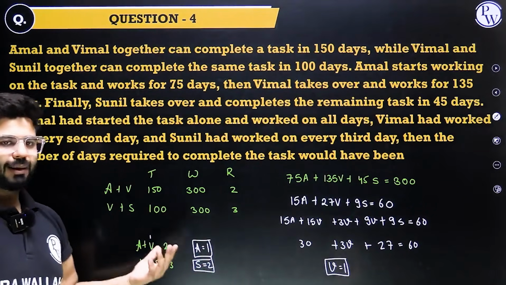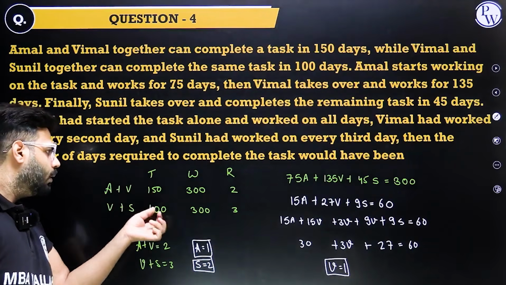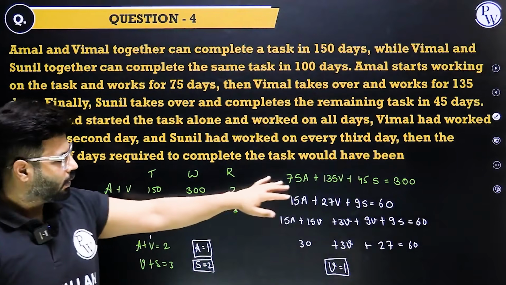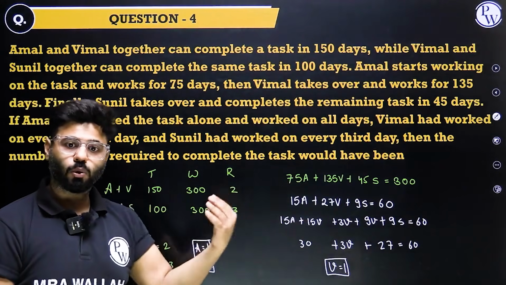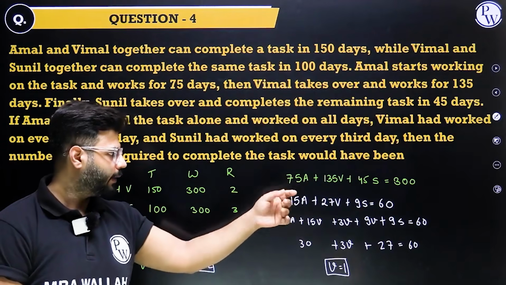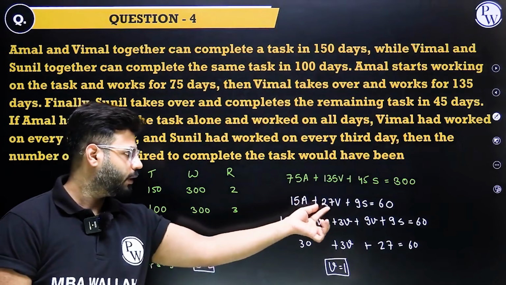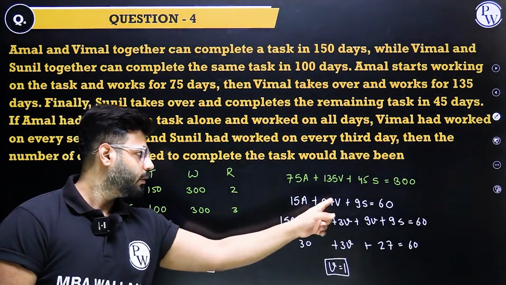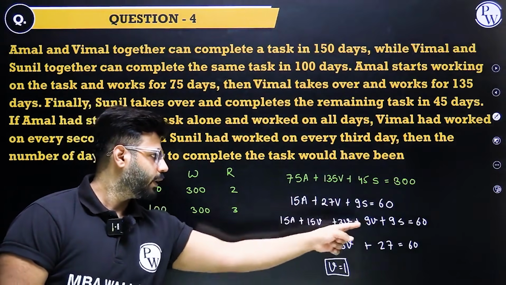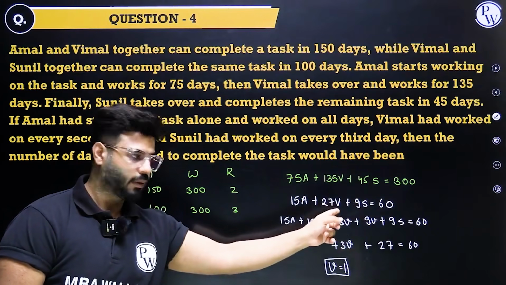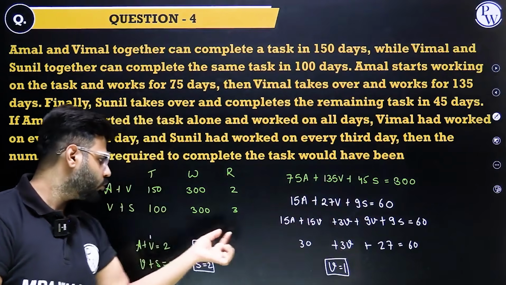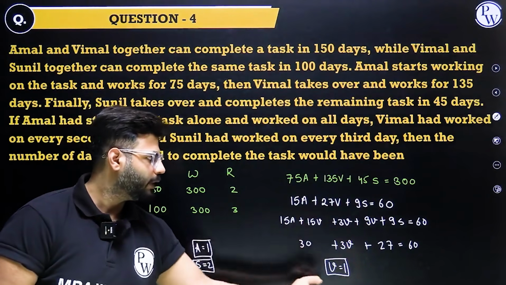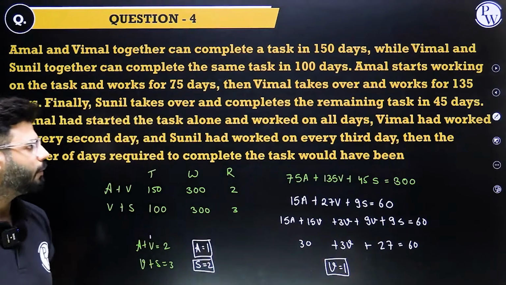Pause the video, try to analyze what I have done, taking the work as the LCM, getting the two equations here. And then the scenario when the work was broken into three parts, and in that 15A, 27V, 9S, I separated them smartly. To 15A I gave 15V, to 9S I gave 9V, 15 and 9, 24V done. You had 27, 3 remaining. This becomes 15 times 2 is 30. This becomes 9 times 3 is 27. 3V is 3, V is 1.